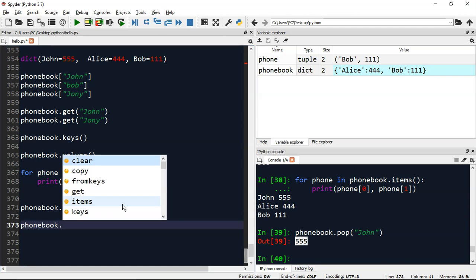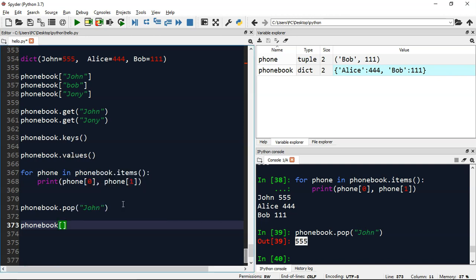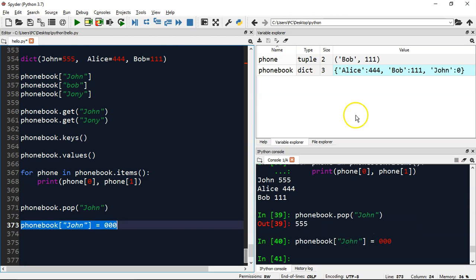So there is a method. Let's say we have an update method, or other ways you can also do it like this. Let's say John. So let's say now the number will be 000. Alright, so you can see John, it has truncated to 0. So if you want all 0s, you have to put it into a kind of string format.